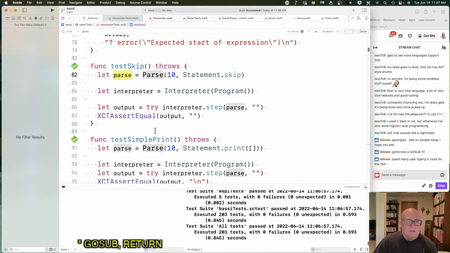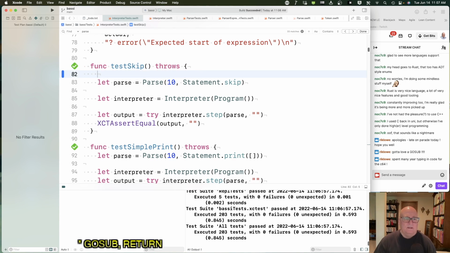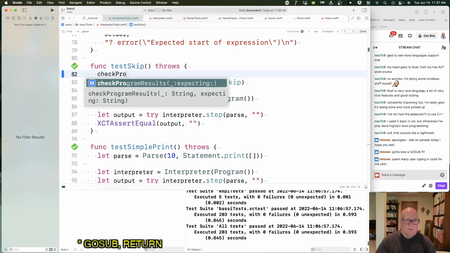This one, I think this could be a check program results too. There was, I mean, we were doing some of these things before we even had the notion of following through to the next statement and stuff like that. So, I think what we want to do is make sure